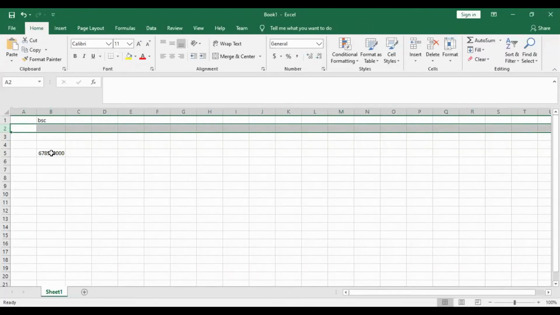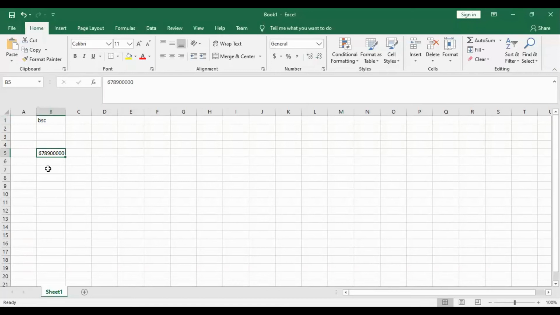For example, if I store a value in column B and row number 5, there is a box to represent the value. If we want any cell,